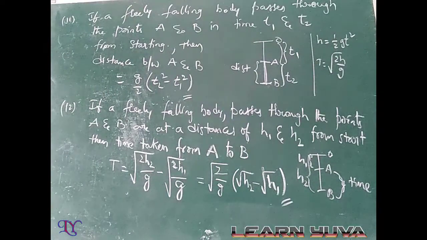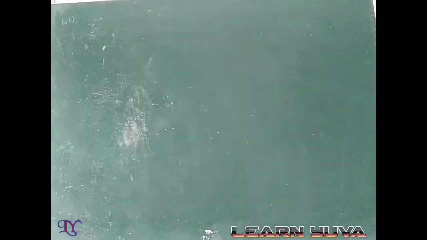T2 minus T1 and h2 minus h1. Then you will get these equations. Right? Next, if 2 bodies are dropped from a height h1 and h2,